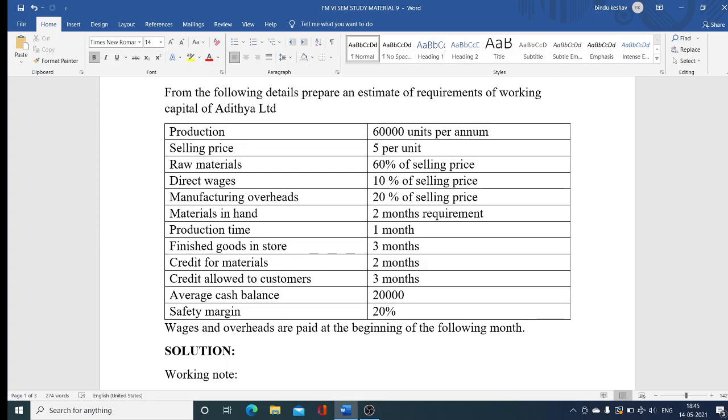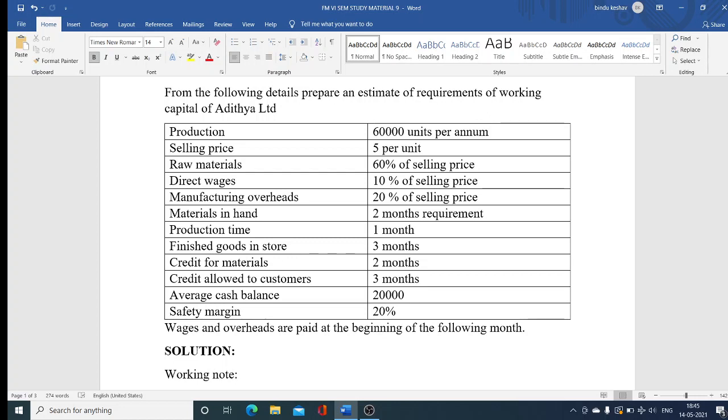Materials in hand 2 months requirement. The production time 1 month. Finished goods in store 3 months. Credit for materials 2 months. Credit allowed to customers 3 months. Average cash balance 20,000. Safety margin 20%. Wages and overheads are paid at the beginning of the following month, which means there is a time lag of 1 month. Now, under the components of working capital method, first we will have to find out the different components